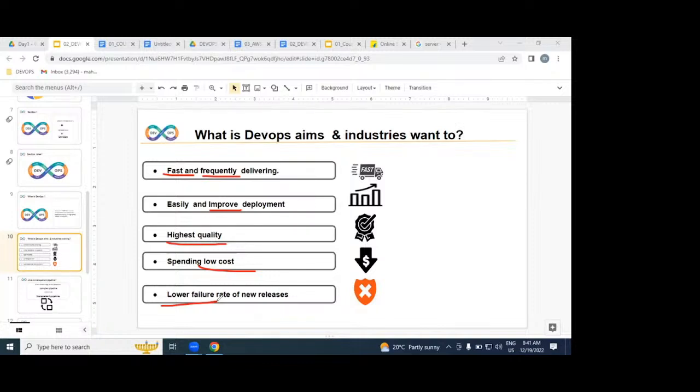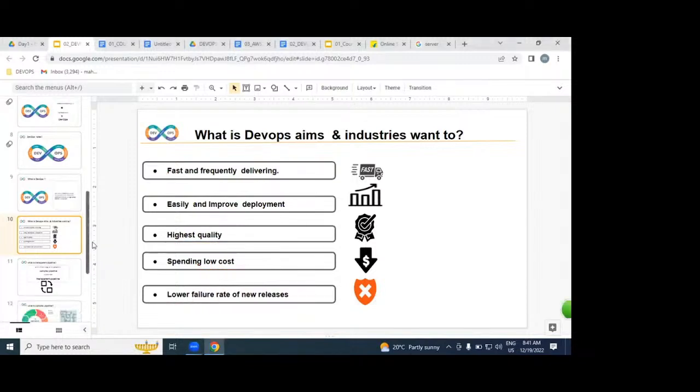Simply, speed is increased, cost is reduced, and quality is increased. When quality is increased and cost is decreased, who wouldn't want this technology? That is the reason there is so much demand for DevOps. Understood very clearly? If you go to a shopping mall to buy Pepe Jeans or any pant and shirt, and instead of 2000 rupees you get it for 200 rupees, you are happy or not? You are saving your expenses or not? The same concept.